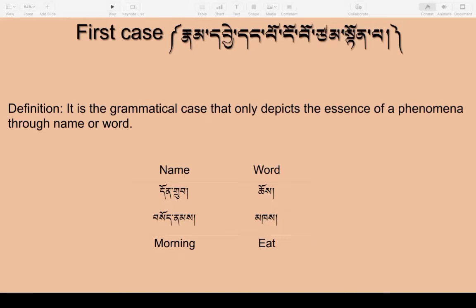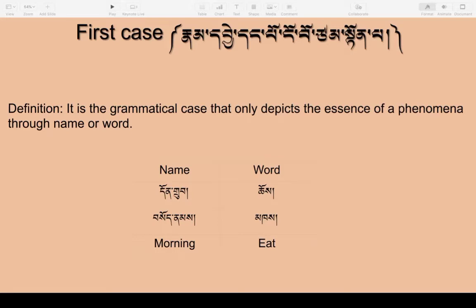So when we describe or explain the first case, many of you will feel like, oh, the first case doesn't seem to be separating anything, because when we say what is the first case, we only say that the first case is name and word, and that's it. Then many of you may ask, in that case, what's the difference between the usual name, word, and the first case? And in that manner, we will say that,